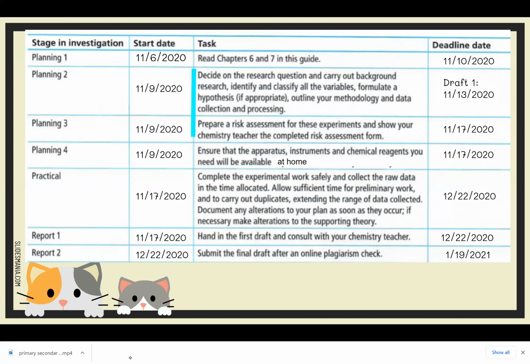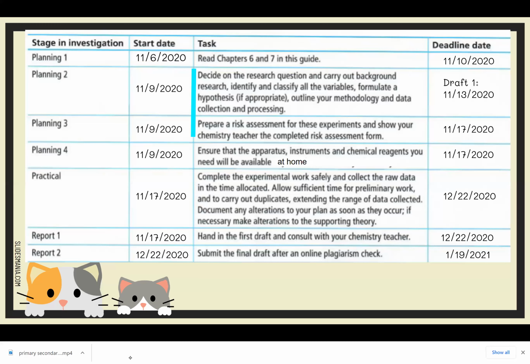Planning on actually experimenting is mostly going to be done at home, but during class time. That should be starting around the middle of this month, and then finish by December 22nd. But December 22nd is also when I want your first draft of your report. So while you're experimenting, you're also collecting stuff into the format that you would use